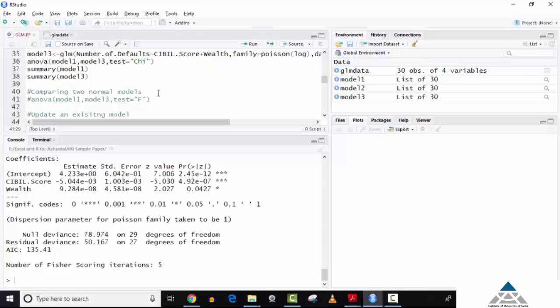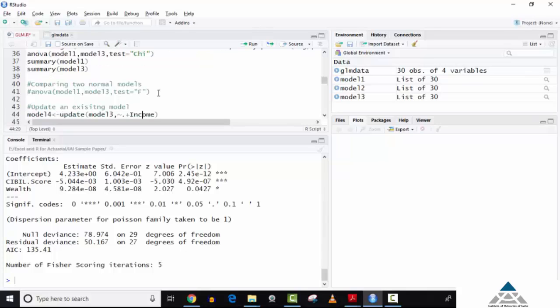If we have to compare two normal models, then instead of conducting a chi-square test, we would conduct an F test. That's the only difference. The function is still the ANOVA function where you pass both the models, just that the chi-square test will be replaced with the F test. Clear? Next up, if you want to update an existing model,